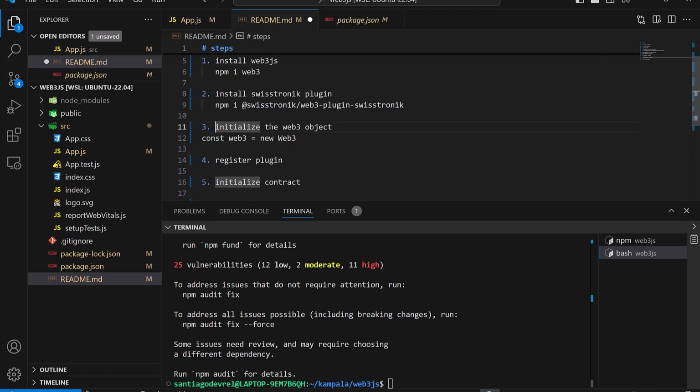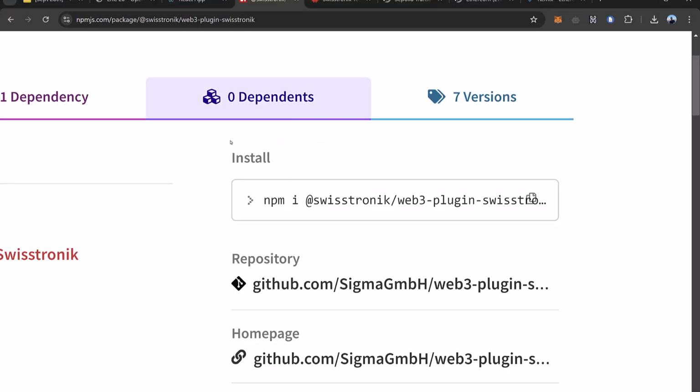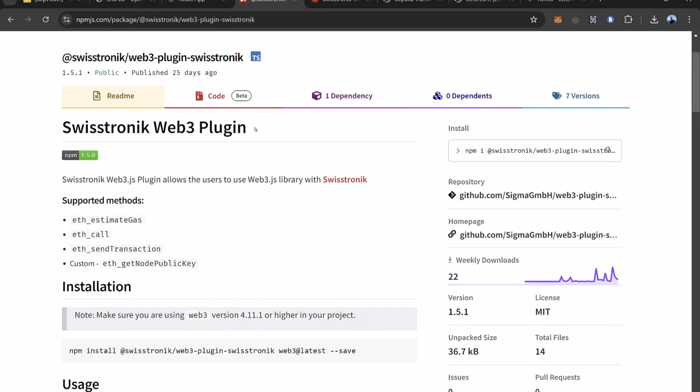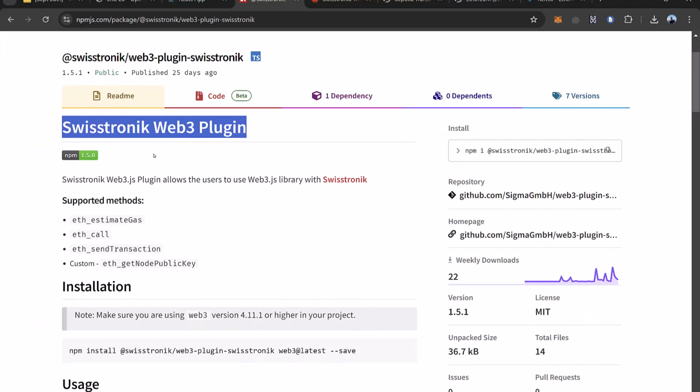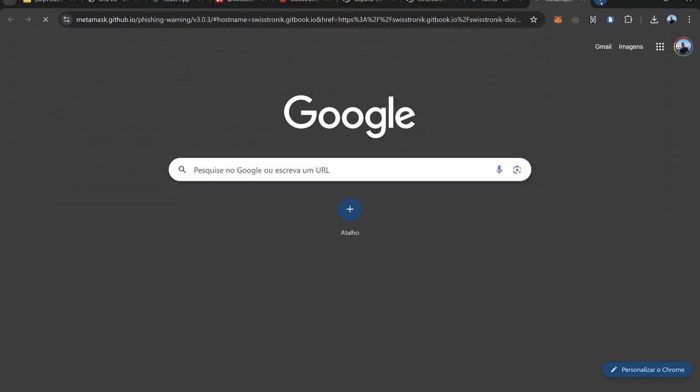So let me just put, yeah? Sorry? Documentation? Yeah, but you know, you don't even need to know. This is the documentation for the Swisstronic plugin, right? But then for the Swisstronic blockchain itself, they have